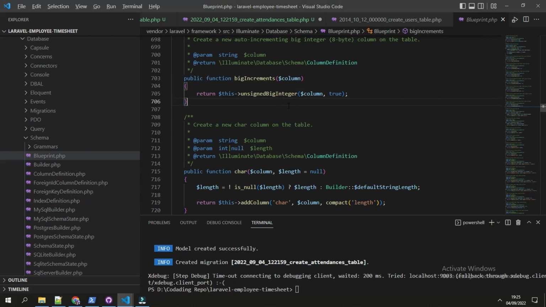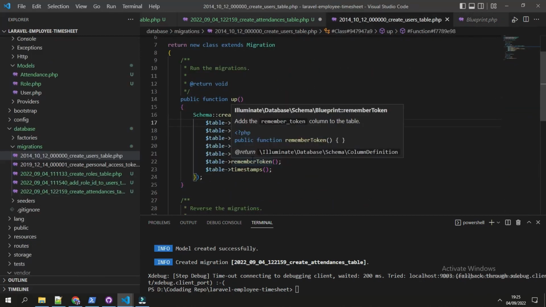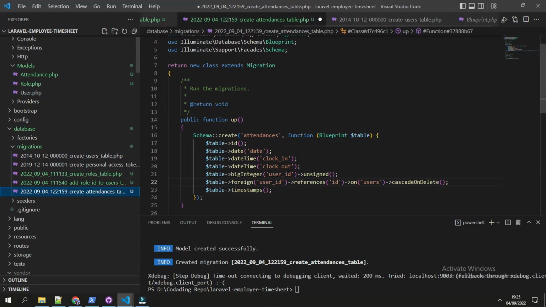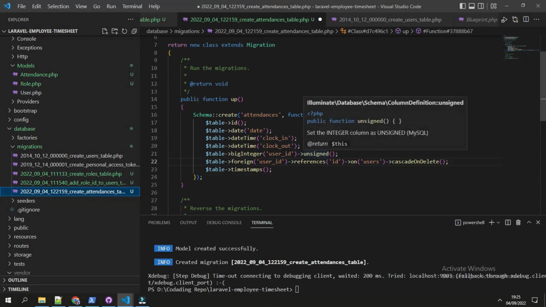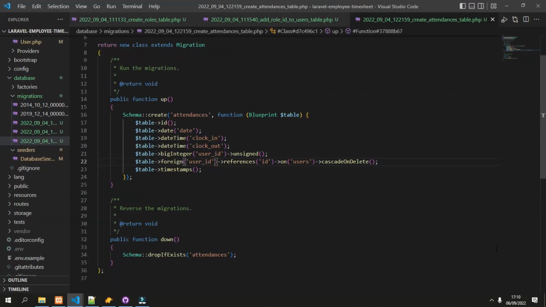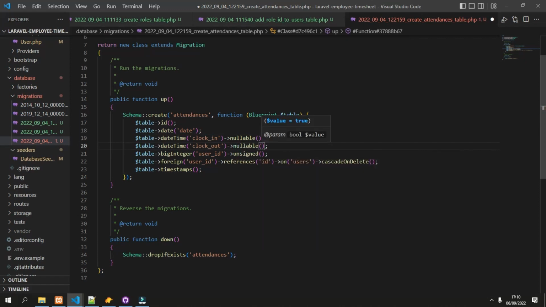That's why in our create attendance table, the user_id is big integer and unsigned. Also for the additional logic, here we can add nullable, because when the user first clocks in, the clock out is maybe null. So that's for the attendance table.